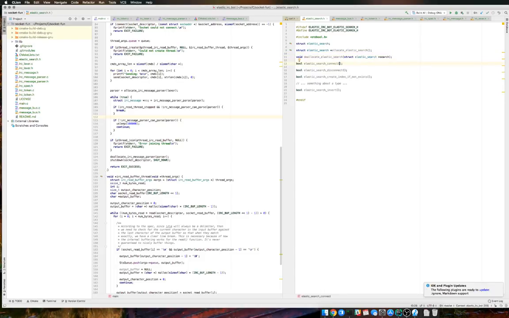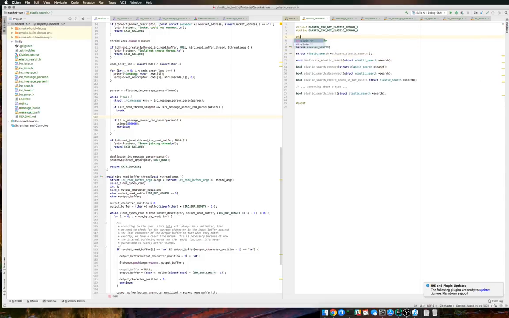So let's go ahead and do struct Elasticsearch pointer search. I'm just going to copy and paste this all over the place. Okay. Once again, this is probably going to accept some sort of JSON. I'm going to need to think about that at some point. Disconnect, connect, Elasticsearch, allocate. Okay, so now what I'm going to do is introduce a dependency on